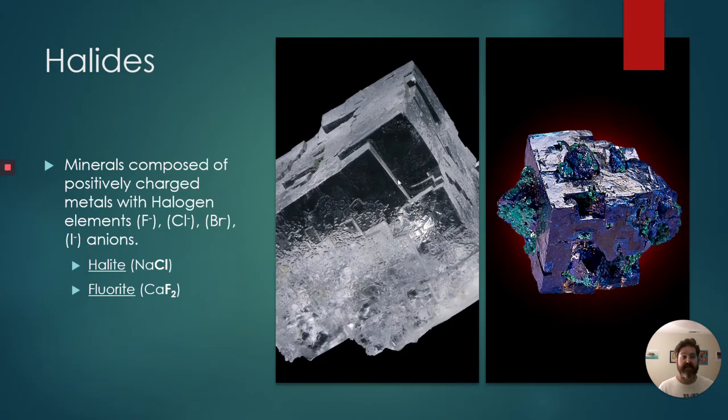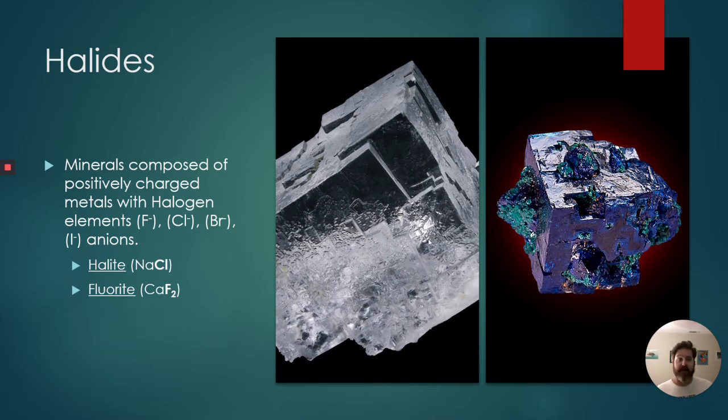The halides, they're halite and fluorite. They're a metal cation mixed with a halogen anion. Here's fluorite here. Here's halite. You can see they have this nice cubic crystal form. Halite actually cleaves cubically. Fluorite cleaves into octahedrons, which is like a double-sided